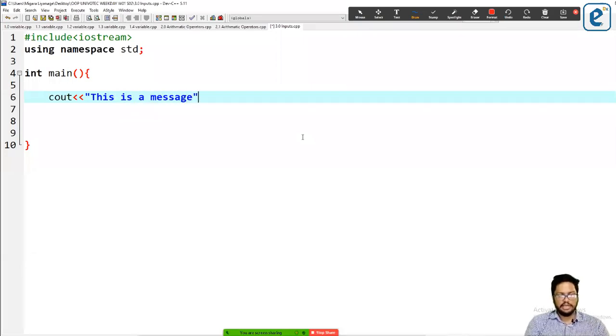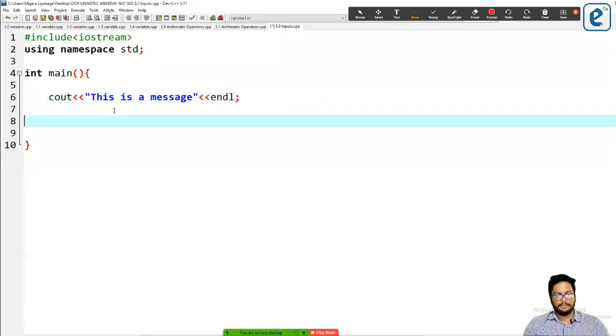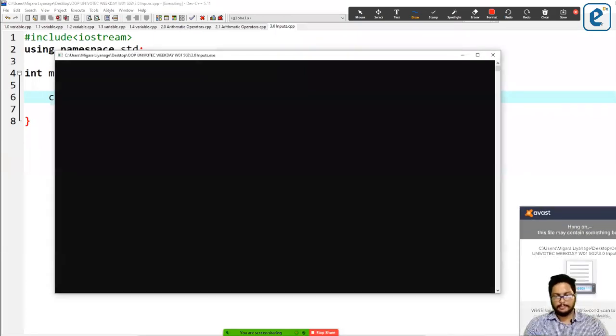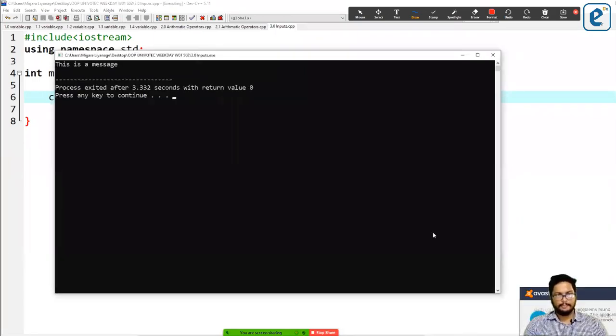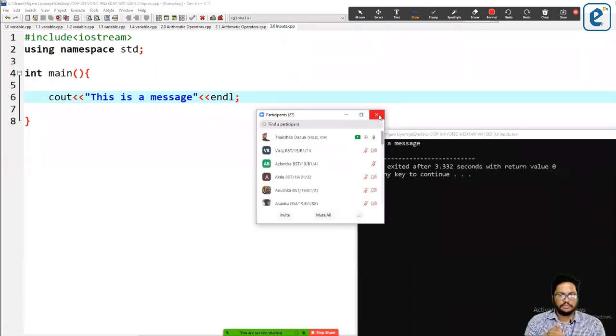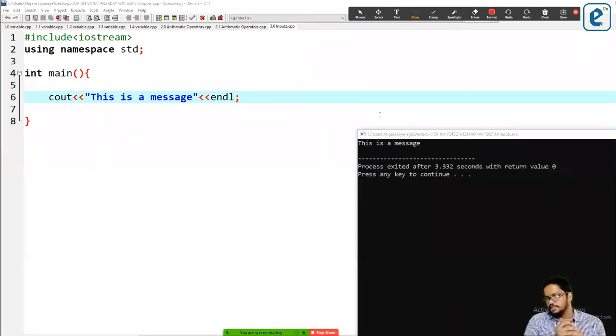We can give an output using print, the cout. This is how we are going to give output. We have already discussed these things. So now I'm going to discuss how to get an input from the user.